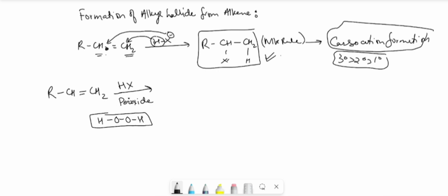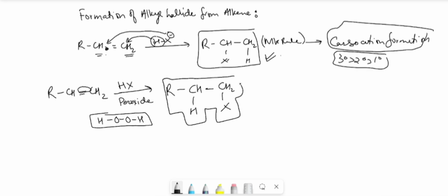So what will happen in this reaction? The R will remain as such, and the C=C double bond will break into a single bond. After that, the hydrogen will be attached to that carbon which has a low number of hydrogen atoms. It's the reverse of Markovnikov's rule, and the halide will be attached to that carbon which has more number of hydrogen atoms. So this rule is known as anti-Markovnikov's rule, or we can call it the Kharasch effect,